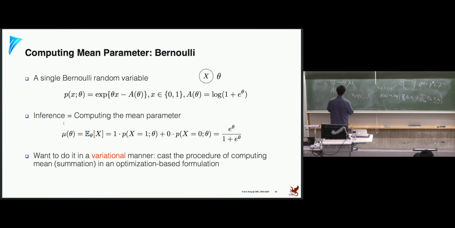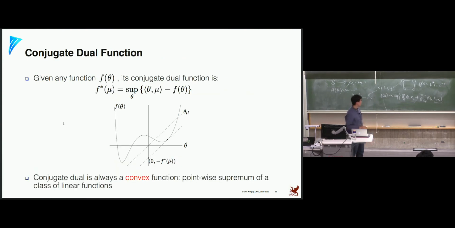So we want to write this mu as a maximization of something. If we want to know this, we write this as a maximization of something, and then solve this right-hand side instead of directly trying to get this mu. For that, we need to know something called the convex conjugate. This is a very important cornerstone in convex analysis. It's sometimes called the Fenchel conjugate or Fenchel dual or conjugate dual, whatever you call it.